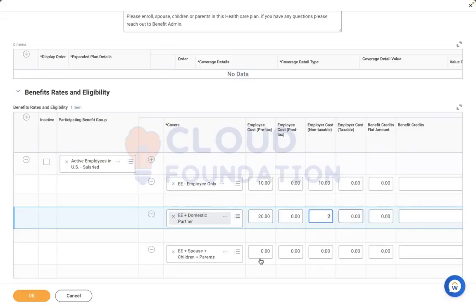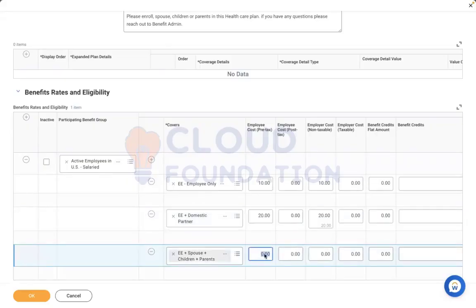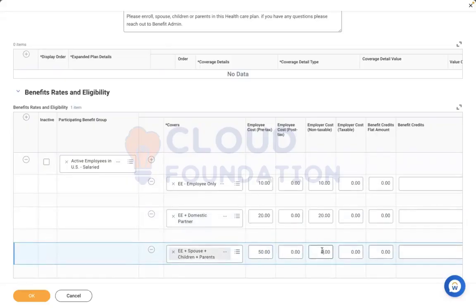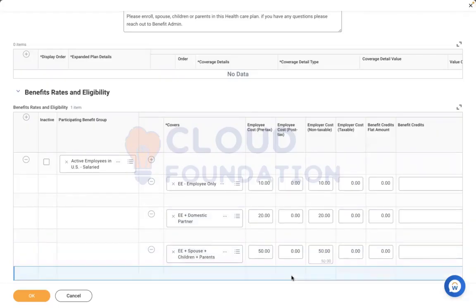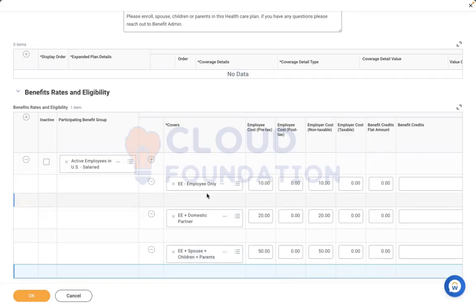Ma'am, this amount is fictional. Okay, the customer will provide all that. If it's the entire family, $50 they have to pay. If employee enrolled, $10 they have to pay. Employer also will pay $10. For employee plus spouse, $20. Employer also will pay. Family, $50. No employer will pay this much. I've given $10, or let's say $20. Okay, so credits I will cover during our